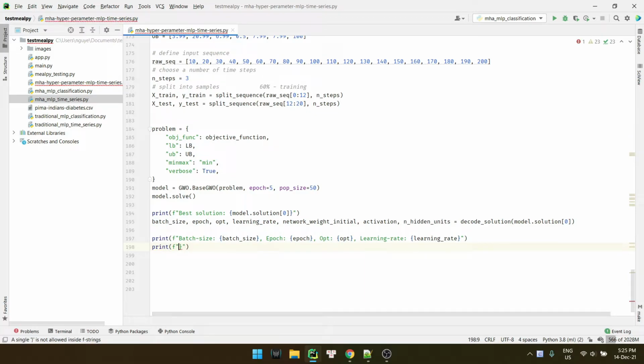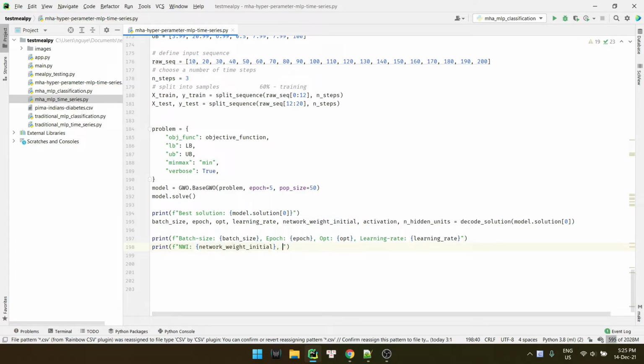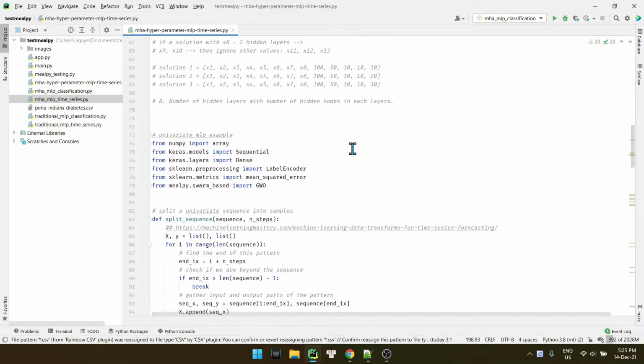What is this? Network weights initializer. Activation should be activation. Hidden. And hidden. Alright, so okay. So I think that's all. Okay, now try to run it.